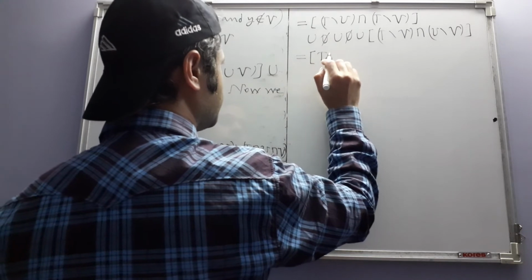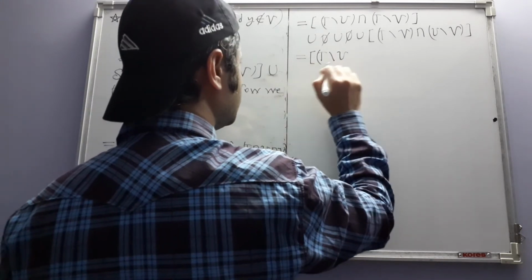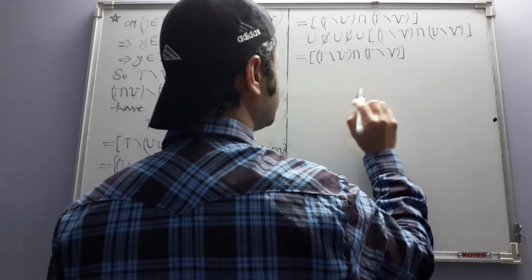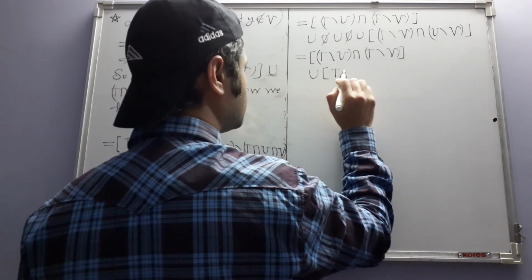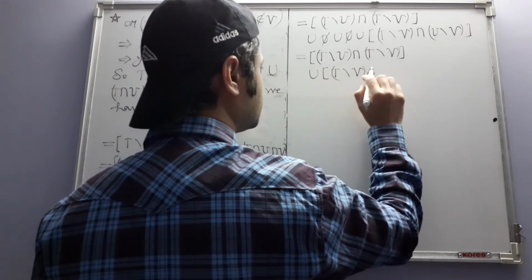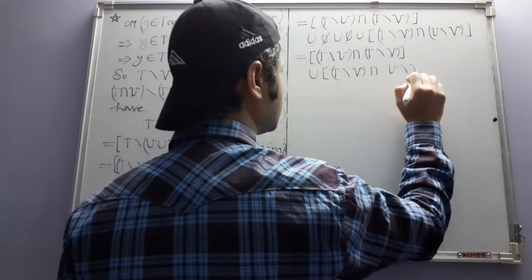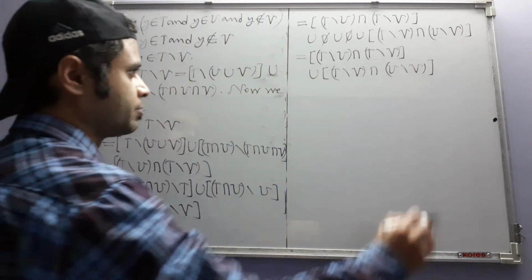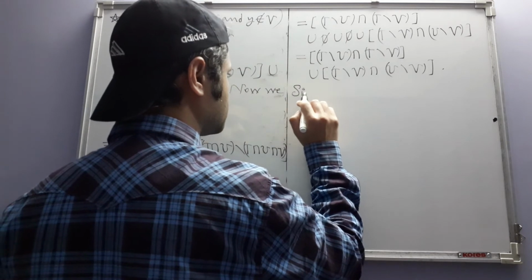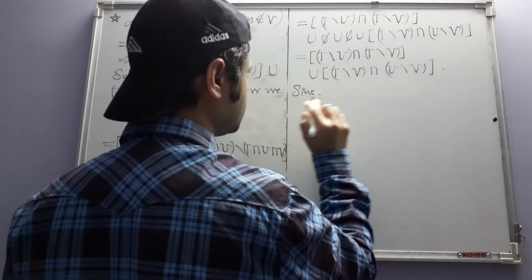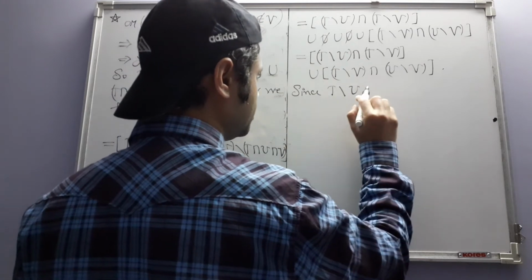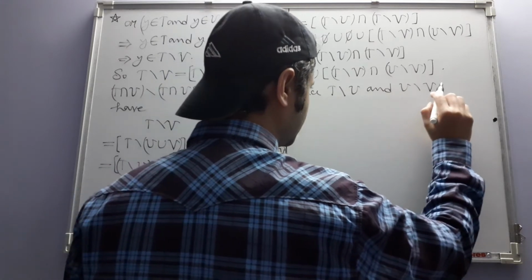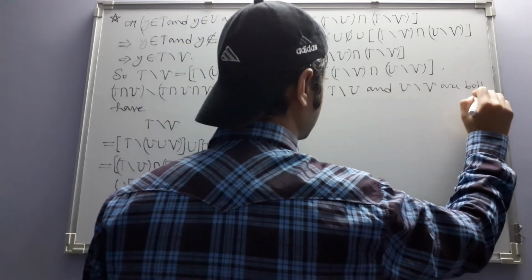So finally our T difference V looks like this. Union, intersection, U difference V. Okay, since T difference U and U difference V are both finite,